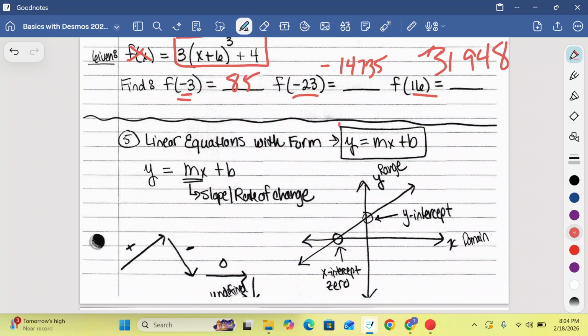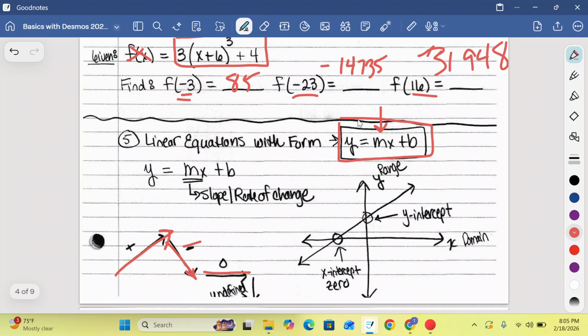What we have to do is say, well, right here, y equals mx plus b. The number next to the letter is always going to be our slope. So once again, a line going up is a positive slope. A line going down is a negative slope. A 0 is a 0. And of course, a line that goes straight up and down